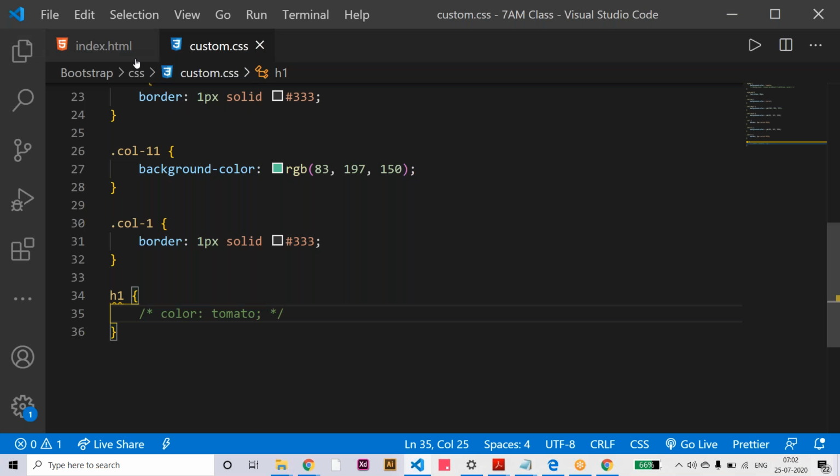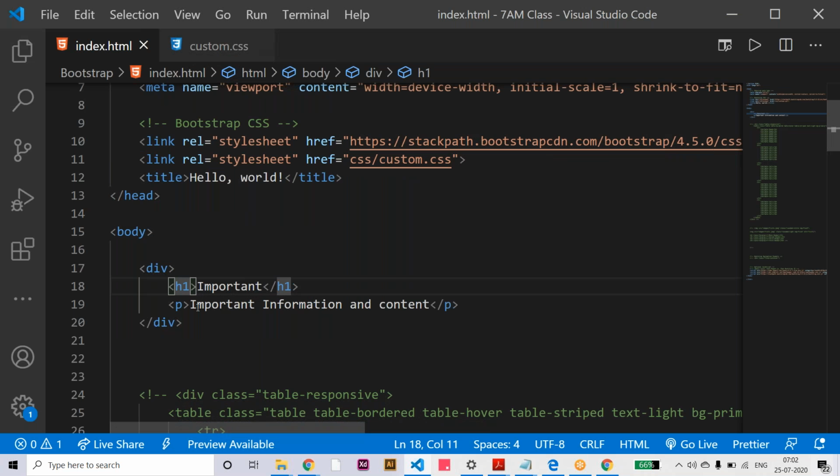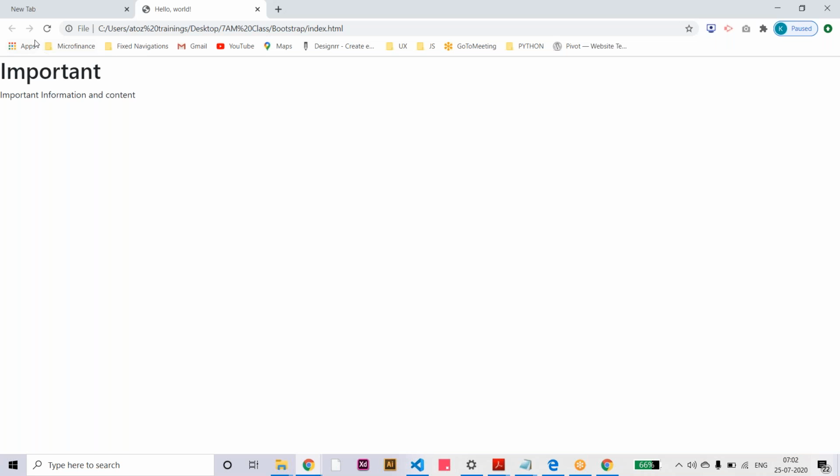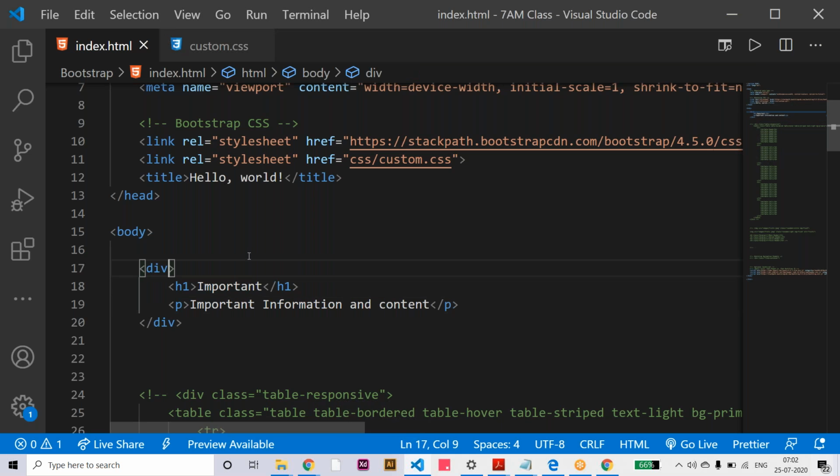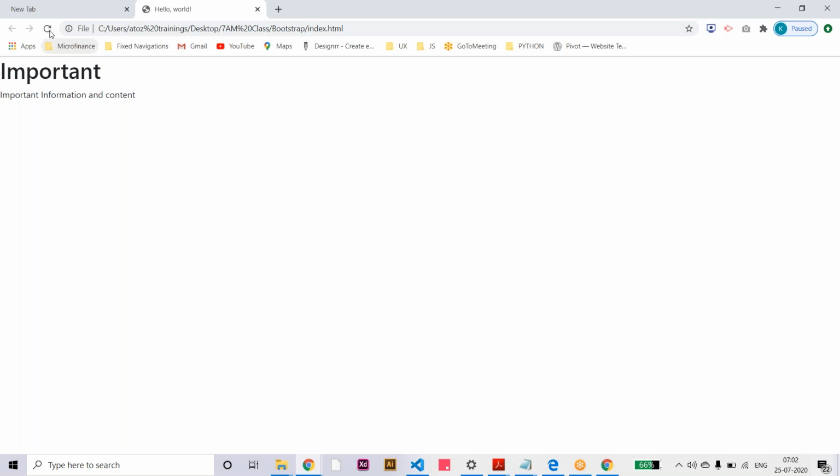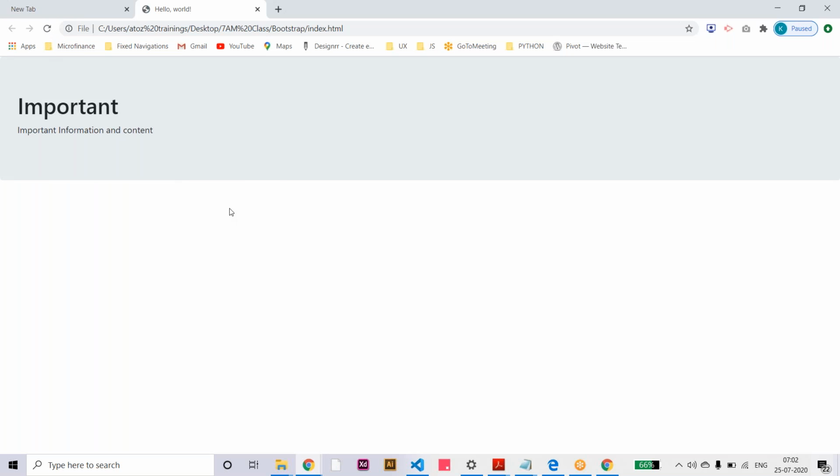Okay. So now when we use the div, H1 text and the paragraph text, this is the look. That is a normal regular styling. Suppose the content is important in your web page, you have the Jumbotron class here. You can apply the class called Jumbotron. Once you apply the Jumbotron, see how it is.